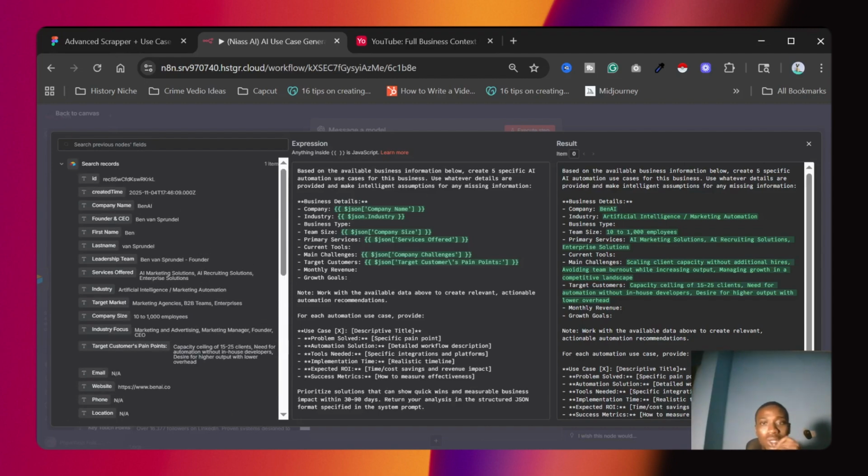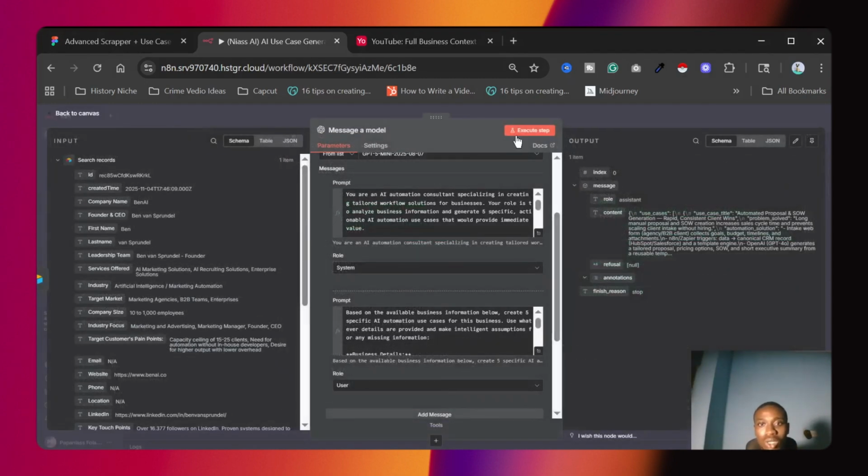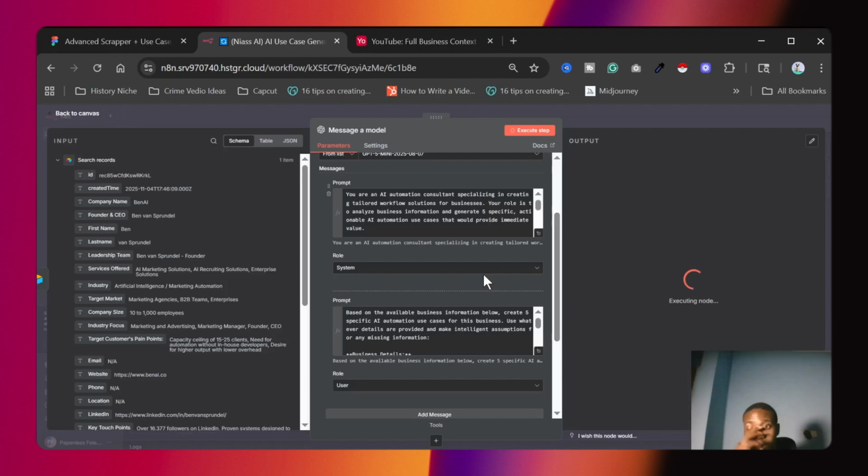So then I'll just run the execute step right now. It's going to run on this end and give us detailed AI automation use cases that we can build for the business.